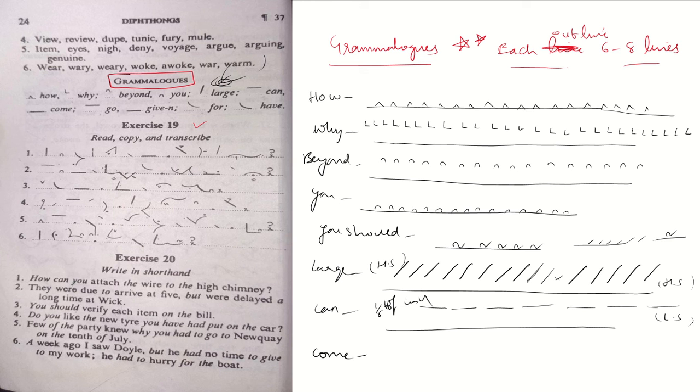Next we have "come". Whenever you get come in the middle of passages, simply write K on the line. Let me underline it in red so that you can easily recognize the black one. Exactly on the line you need to write K. Come, come, come. In your notebook you can easily see whether it is on the line or above the line, because the lines are very small and not visible properly. So till come we have completed.